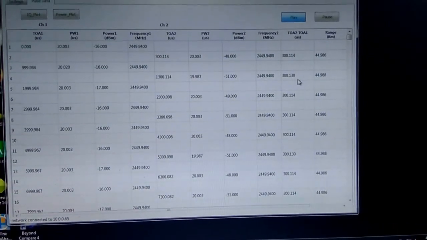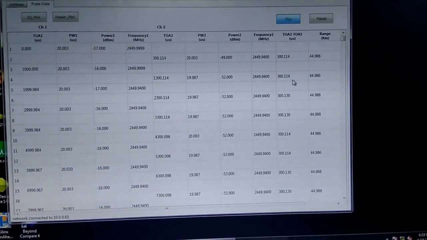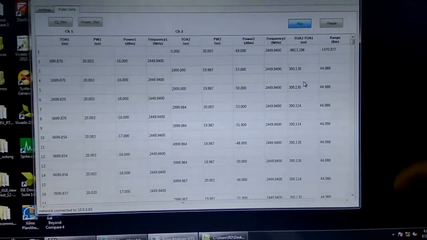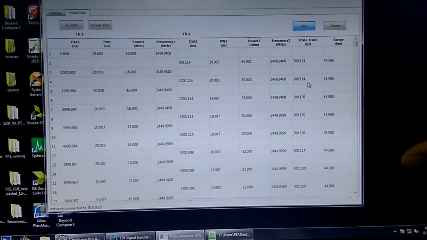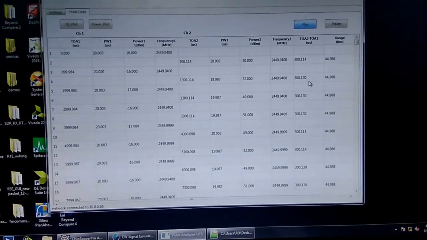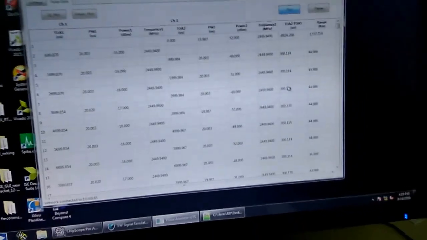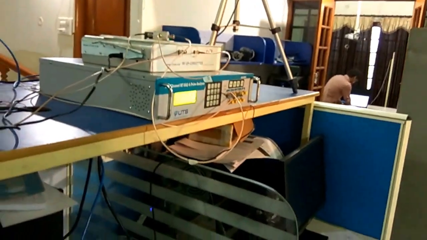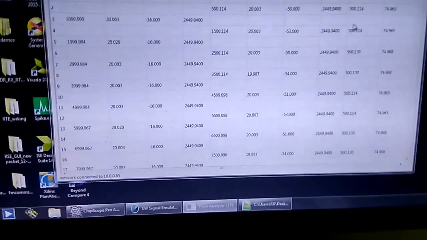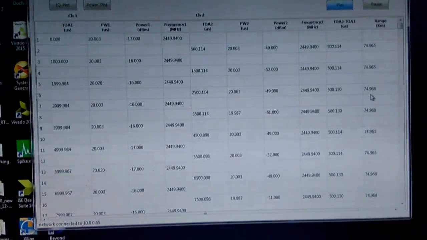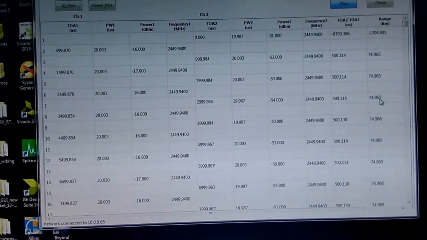The point to be noted here is that for the demonstration being done for the target simulator, this pulse analyzer is a simple instrumentation software. It is not fine-tuned to be perfect radar software. So what it will be showing is an approximate range that is being simulated. Now I'll ask my colleague to put in 500 microseconds of delay. You can notice here now it has changed to 500 microsecond, corresponding to approximately the range of 75 kilometers that we are simulating now.